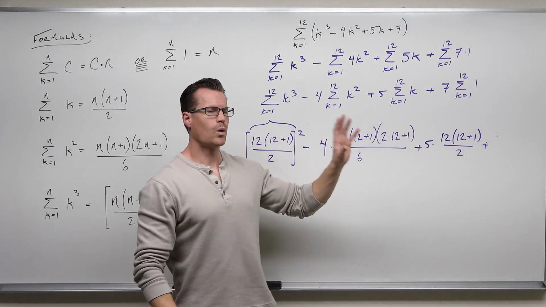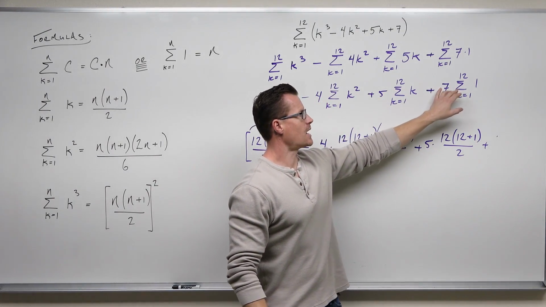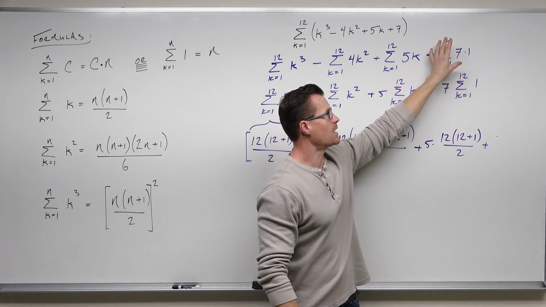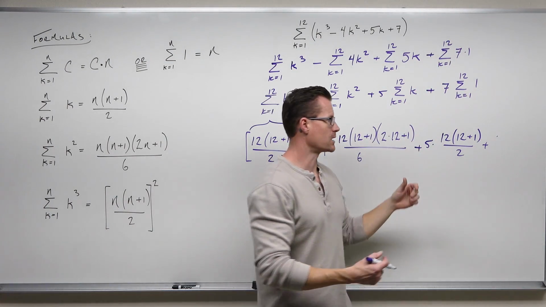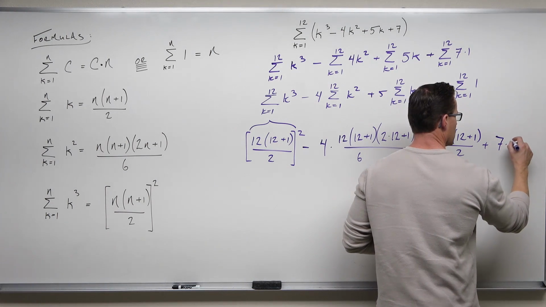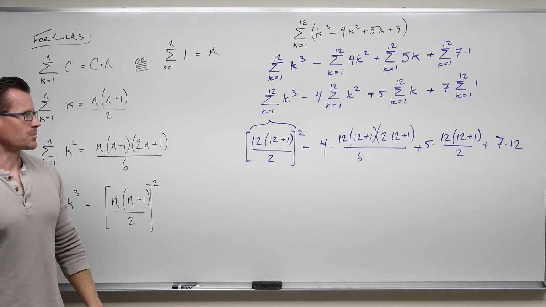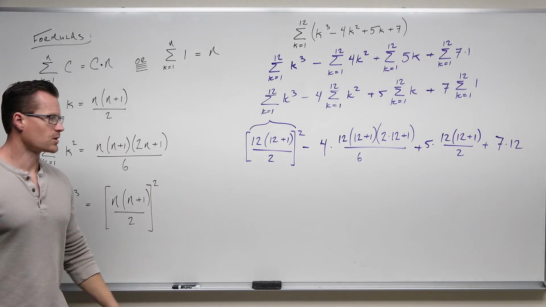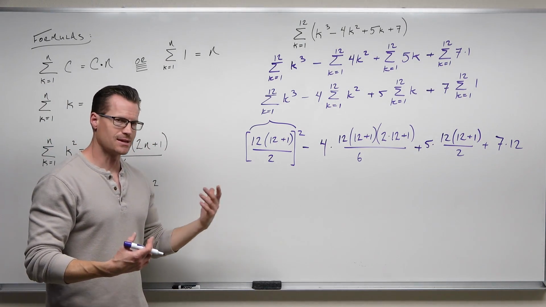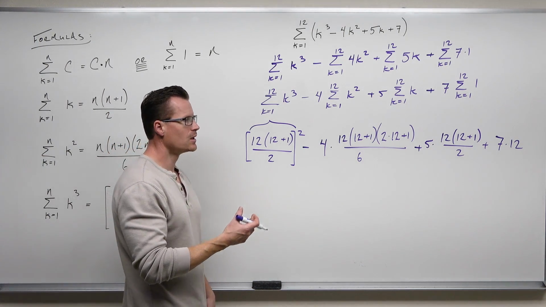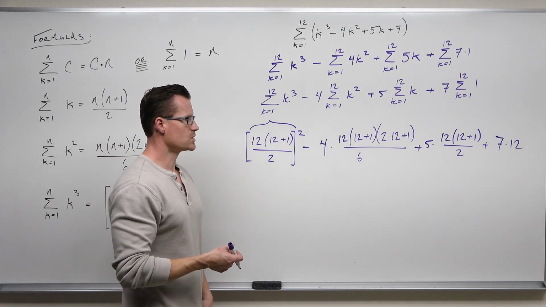Lastly, no matter what you do, you'll get 7 times n, which is 12, or 7 times 12. Either way, you're going to get 7 times 12. And we've already talked about why that is. You're welcome to plug that in just like that on your calculator and get whatever it is that this equals. You can also simplify this however it seems best to you.